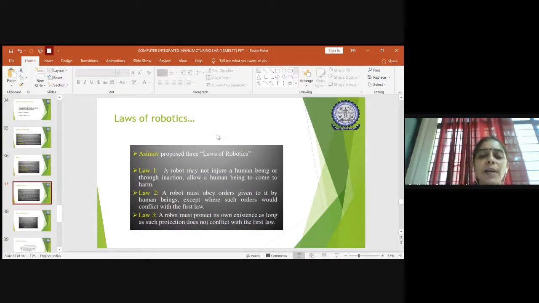Robots are developed nowadays from normal L1, L2, L3. We call this L1 level robotics, this L2 level robotics, this L3 level robotics. Why? These are based on the laws of robotics proposed by Asimov. Initially it started with level 1 robotics, level 2, level 3, right? Then telerobots came, and after that many robots gradually started adding intelligence, and now we are at a stage where the humanoid robot is there in today's world.